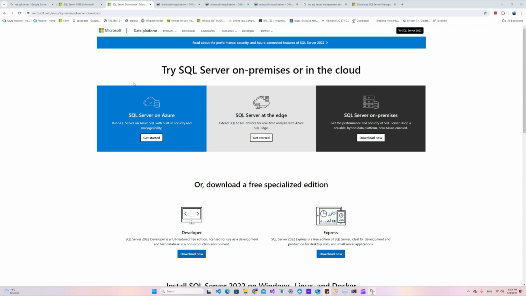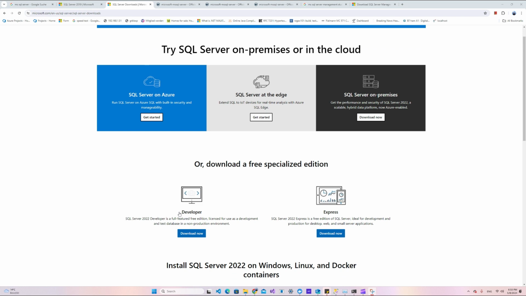the SQL page looks like this. On top we have a few paid versions: SQL Azure, Edge and on premises. Below we have two different versions which are free, more or less, Developer and Express. Express is for production and development, but it's limited with storage, I think 5 GB or 10 GB. I'm not sure. You can install it, but the Developer is a better version, a full-featured, free edition,